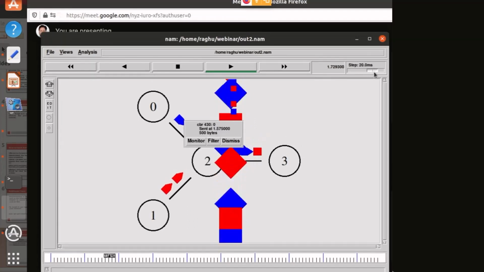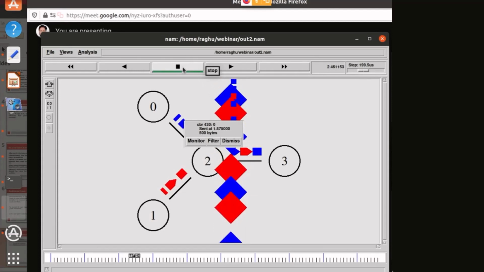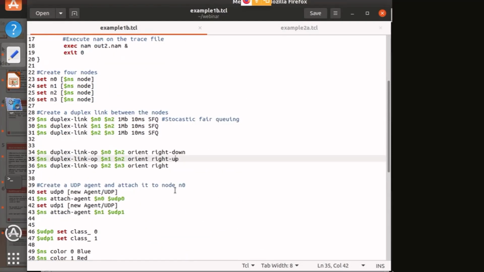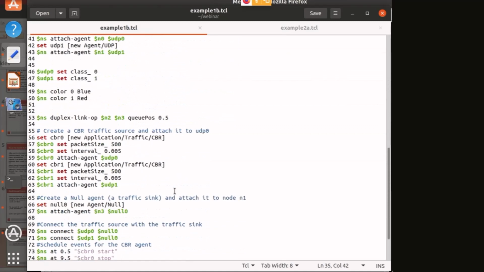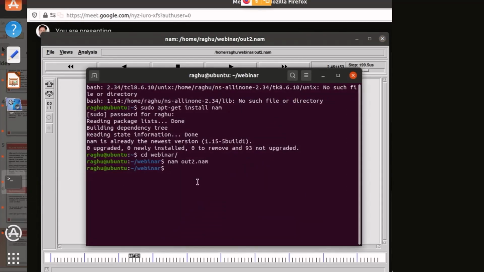Okay, let us run it. Now if you keep running it, there will be no difference. So I will switch to the code and do some changes in the TCL file regarding the scenario. Suppose we are transmitting every 5 milliseconds, meaning the packet interval is 5 milliseconds, but the transmission speed is 10 milliseconds. If we increase the interval, will the packets stop dropping? Let us see that.